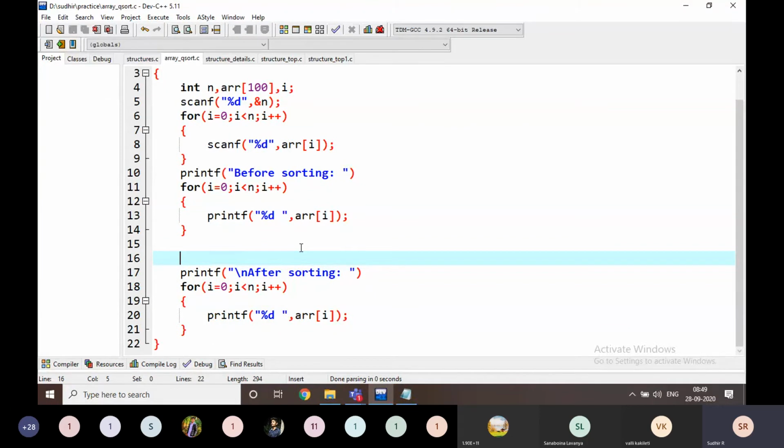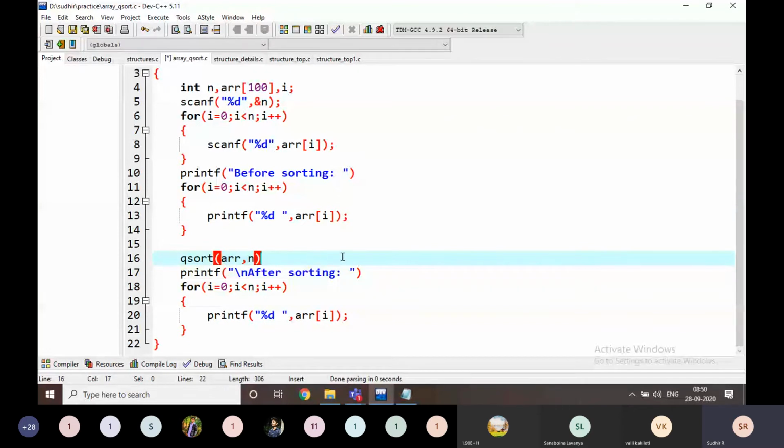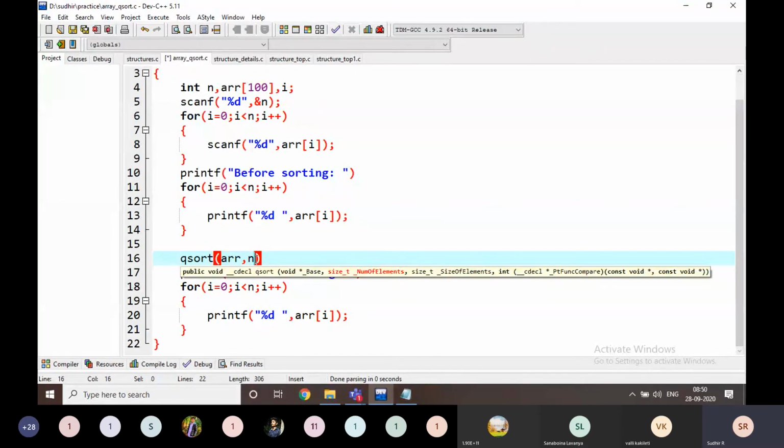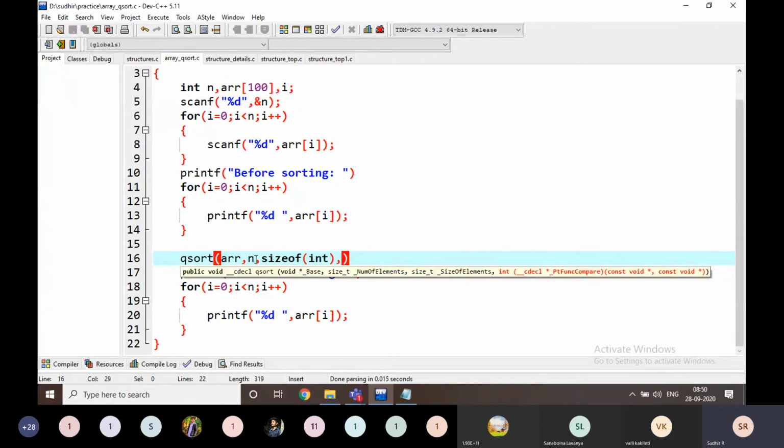Very simply, in C programming, we can write some qsort methodology. How to write a qsort? qsort of values. What are the values here? arr is the values, and what is the size of the array? That is going to be n, and we have to write here sizeof, what is the data type of this one? That is going to be integer values, all these are, and comma sizeof int comma. I am going to write one comparison function, whatever you want. I am going to write like this, that's it.